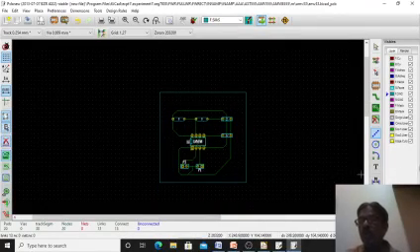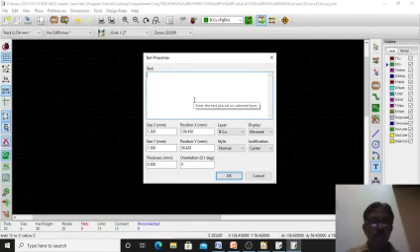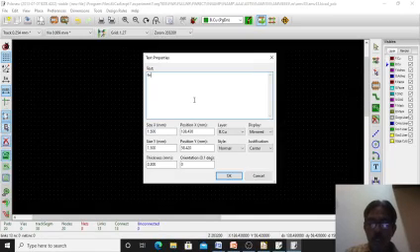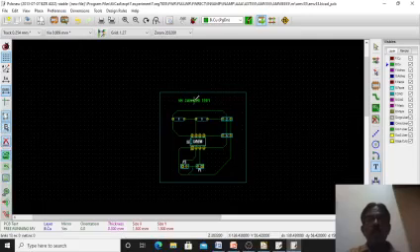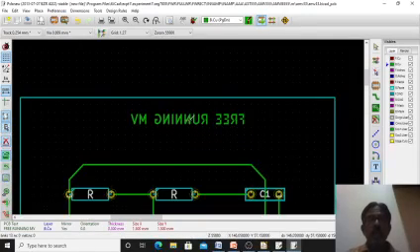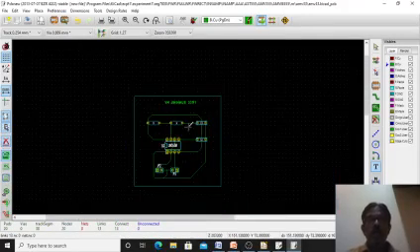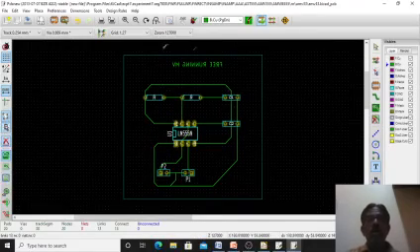Now I want to give the name for that. Again, go to B copper layer, backside of copper layer, select the text and give the name. Now I will give pre-running MV multi-vibrator. Like this you can give any name, or astable multi-vibrator also you can give the name. So I have given pre-running MV. So now name is also given. This completes your PCB layout part also.